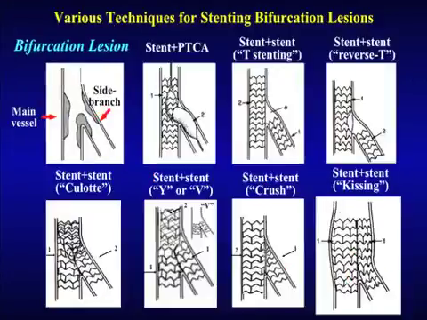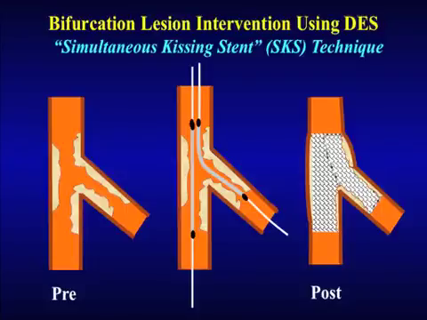Therefore, many techniques have evolved or been advocated in the last few years which have a 2 stent strategy and have good coverage of the side branch. And of course, ours being the kissing stent, where you put 2 stents side by side and inflate and create